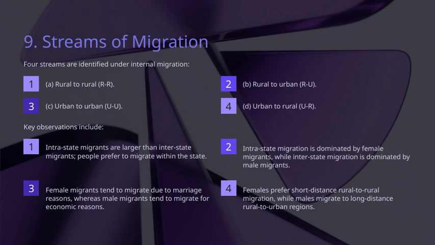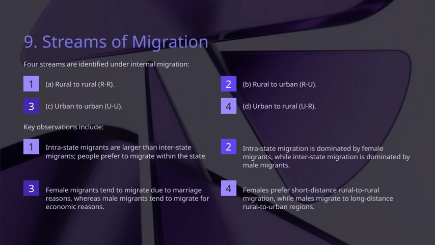First, we see that females tend to prefer short-distance rural-to-rural migration. This often happens within the same area, where they move locally, perhaps for family or community reasons. On the other hand, males are more likely to migrate over longer distances, especially from rural areas to urban centers, driven by economic opportunities. When we compare intrastate and interstate migration,